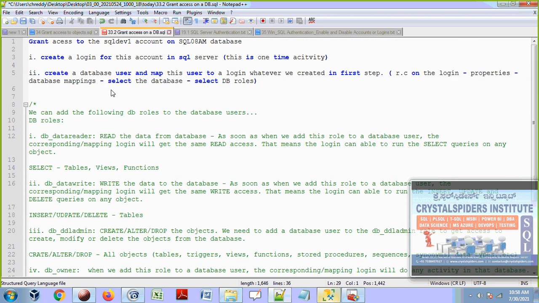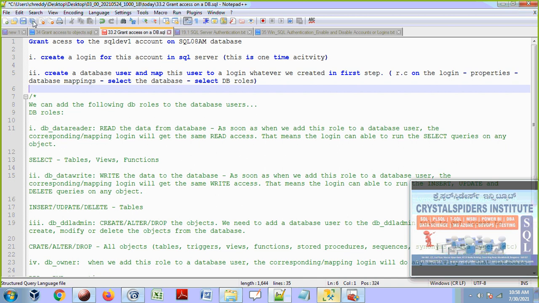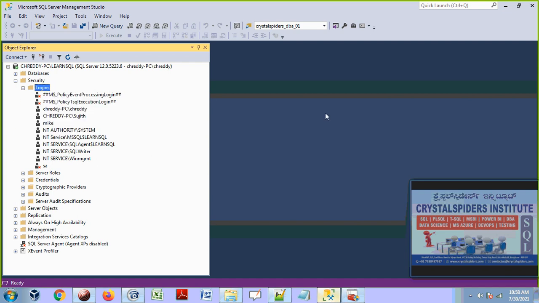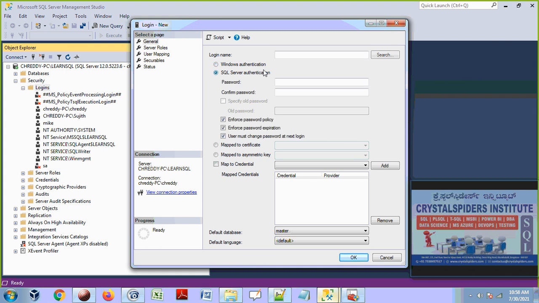So now we are going to do this one quickly, and then we can move on to the next concept, guys. So let me create the SQL day 1 user. So SQL day 1, and I will put one password, guys. Okay, and I will share this password to that guy, and that guy actually has to change this password in the first attempt, because in real time we are going to select all these options so that they can change their password in the next login. I will set one temporary password here, and they have to change that temporary password in the next login.